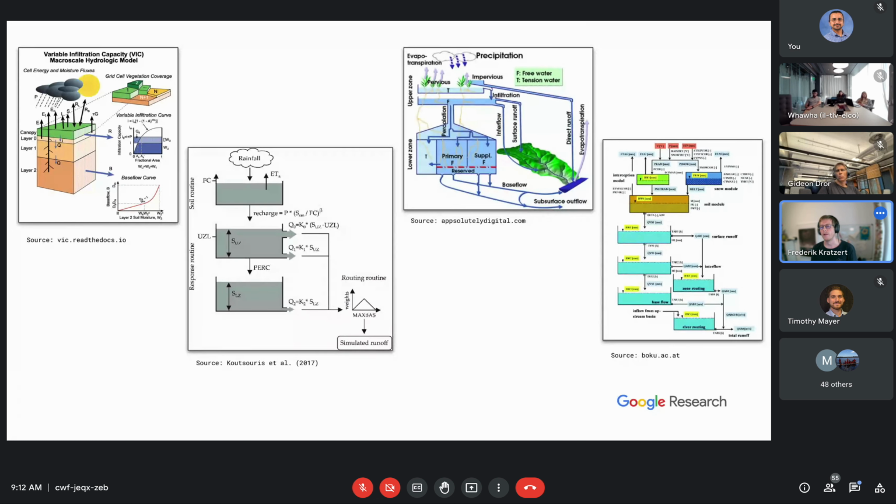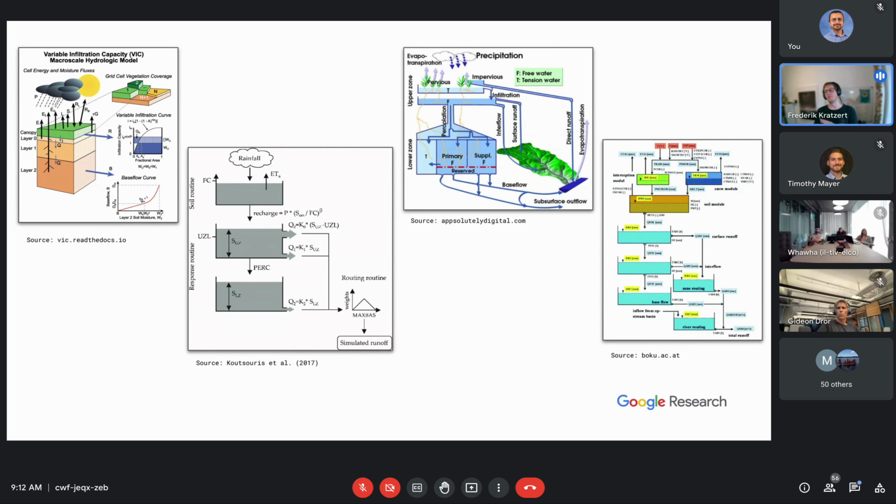So there are a handful of parameters that still need to be calibrated for these models to work. And I might make myself unpopular at the very beginning here, but just to be provocative, I would say that there was very little development, very little advances over the past decades with these types of models. And still today, in the research and also operationally, the models that are used were actually developed in the 70s or 80s.